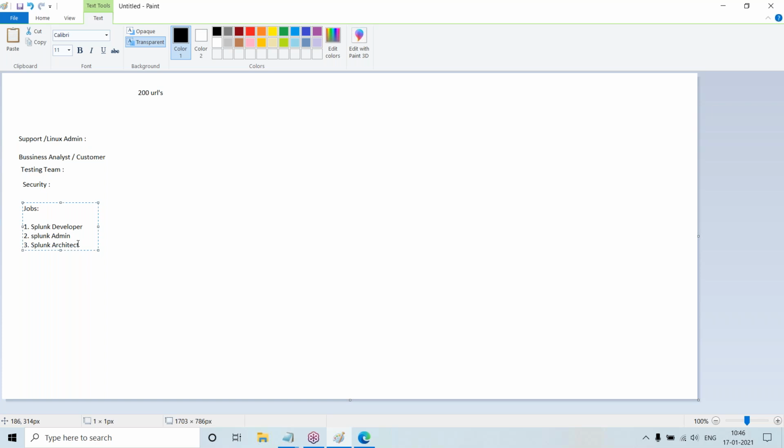So these are the three positions which will be available for Splunk especially. It is being used by other people also. The people who are working in these domains can also switch their roles. Like a Linux admin can switch to Splunk admin. People who are good at writing queries can switch to Splunk developer, something like that.